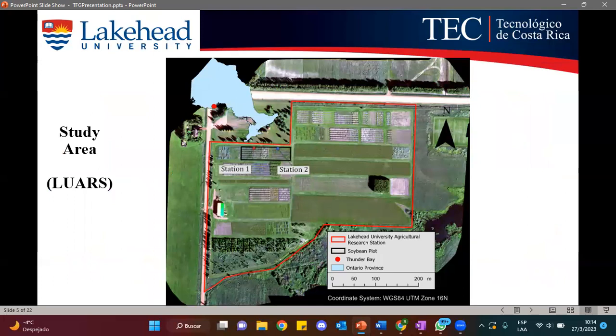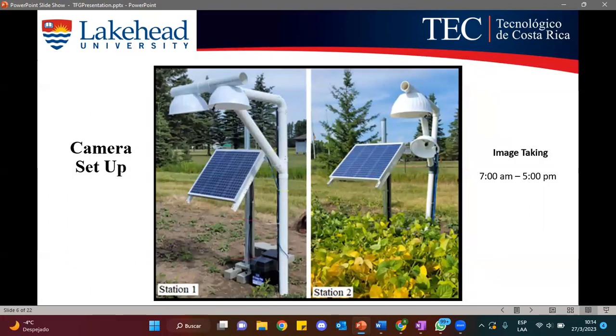So now talking about the study area, this is a map from the Lakehead University Agricultural Research Station where the study was held. You can see up on the left the soybean plot with two stations. Now talking about the stations, for the setups, Raspberry Pi units were used to program the cameras to take images every 30 minutes from 7 a.m. to 5 p.m. These were set up on adjustable panels. So the solar panel could be moved to use